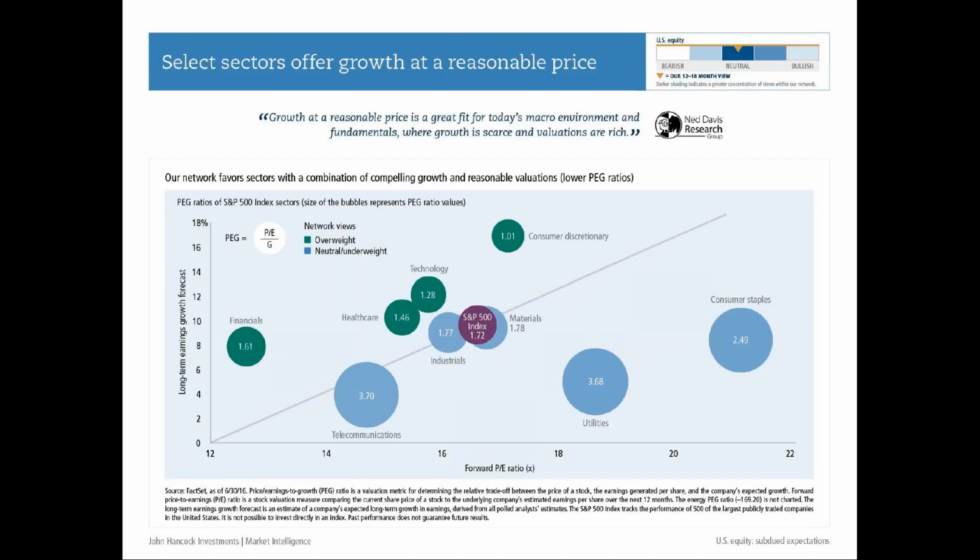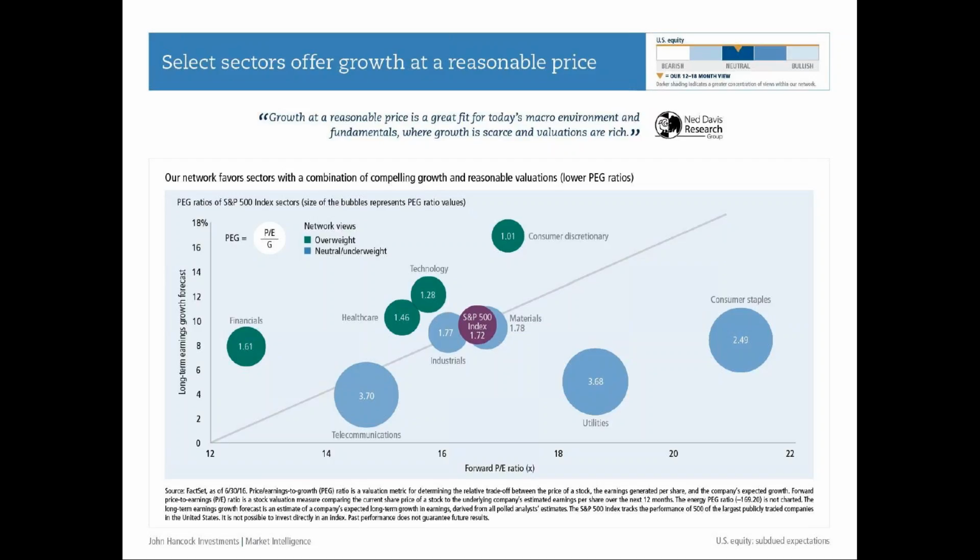And then we have the forward PE ratio. So the forward PE ratio is a measure of the price to the earnings that you're paying for. So you want the lowest PE possible. You want to pay for the business earnings at the lowest multiple you can or lowest price you can. So you want to be on the left-hand side of this chart. On the right-hand side, it'd be more expensive. So you're paying more for those same earnings stream. All right, and so if you look here, you want to be in the upper left-hand quadrant, if you will.